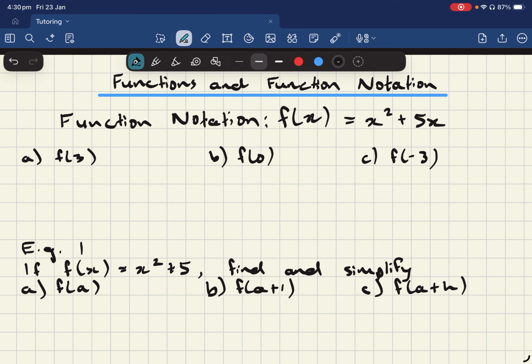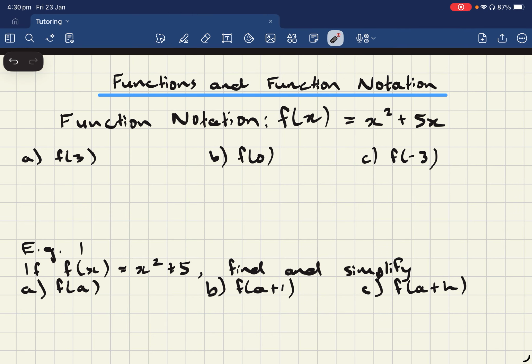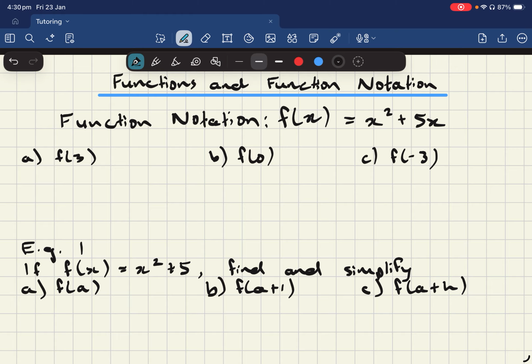So in this video, we are learning about functions and function notation. Now, function notation is typically something that tends to confuse people the first time they see it. They say, well, what's this new kind of symbol we're dealing with? It seems a lot more confusing, but essentially function notation is everything we've kind of been doing since graphing lines